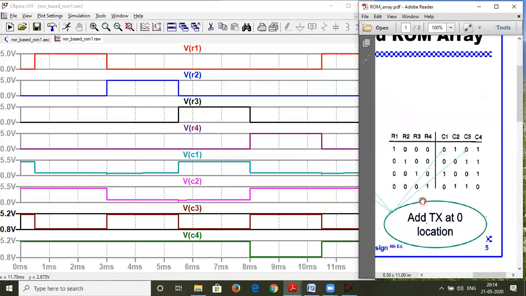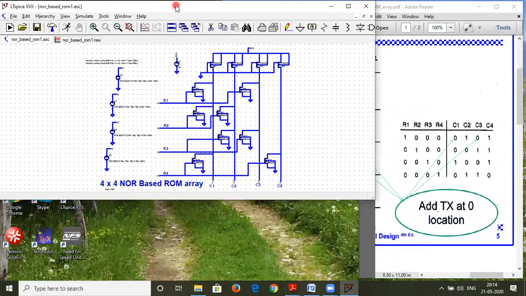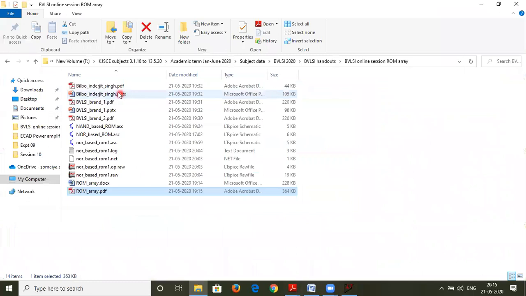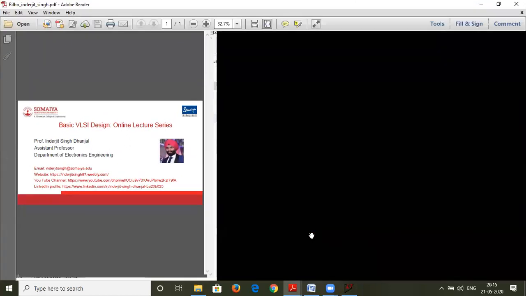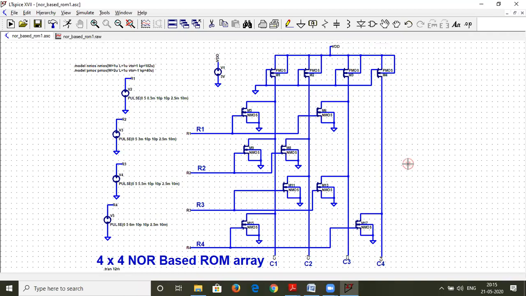So this column data can keep on changing, but you can design the circuitry in such a manner that the output is consistent with your design. So that's it for this topic over here. So we have designed today 4 cross 4 NOR based ROM, and in that we have seen that we have used the PMOS transistors as the pull-up device.